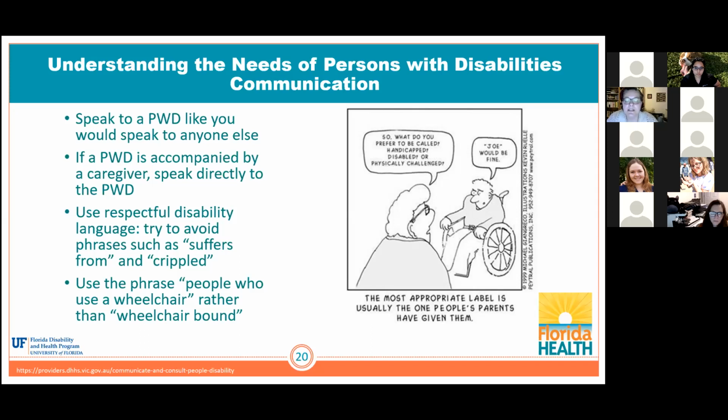Unfortunately, a lot of people shout, they talk more slowly, they talk in a more patronizing way. They do a lot of this kind of stuff, and it's maybe not really deliberate. They might not even be aware they're doing it, but it's projecting this bias about how we see people with disabilities. Again, if a person is accompanied by a caregiver or interpreter, you really need to focus on speaking directly to your client, the person with a disability. It's really disrespectful not to, and that is the kind of thing that understandably upsets people with disabilities.